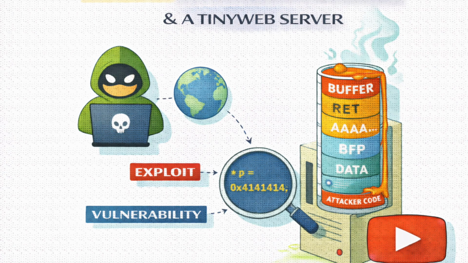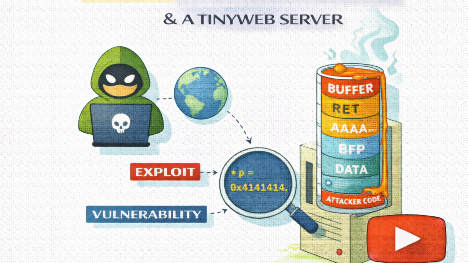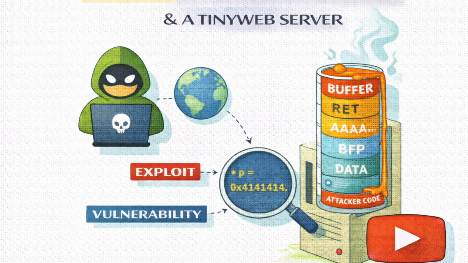The source calls this the crash. How do we actually trigger this in practice? Is it complicated? It's surprisingly crude. You just scream at the server. You scream at it. I mean, metaphorically. Mm-hmm. TinyWeb expects a request to end with a specific signature, a carriage return and a new line. That's the digital signal for I'm done talking.